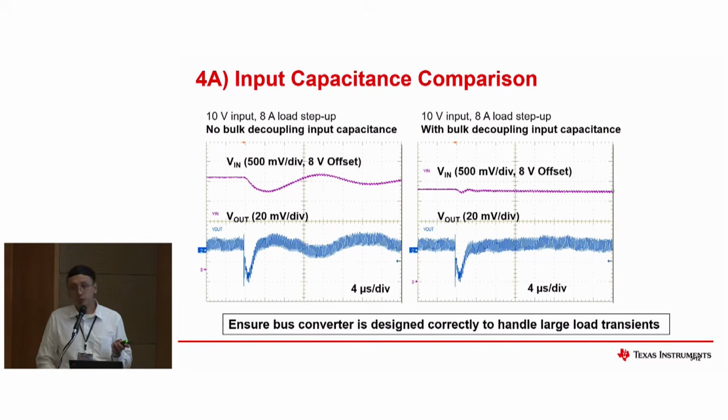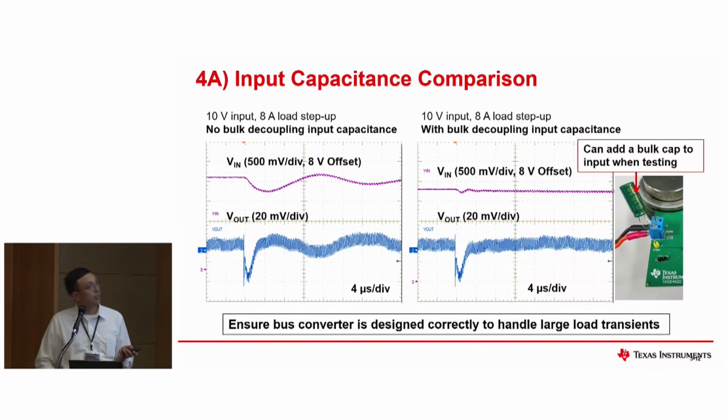This one is for the input mostly, because of the very high load that was applied. It affected the input stability because you don't have any input bulk caps. If you don't use any input bulk caps, it could really affect the output as well. Sorry? The inrush, yes, that's right. In testing, sometimes when you test one of our EVMs, you'd also need to add additional input bulk caps, especially when you do load testing.